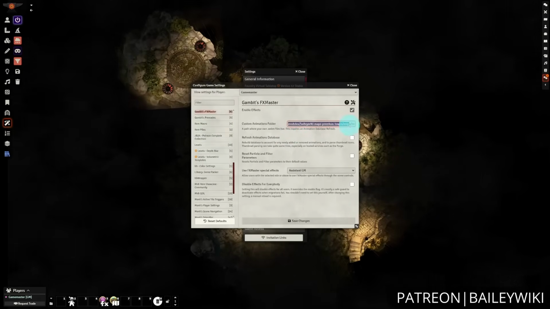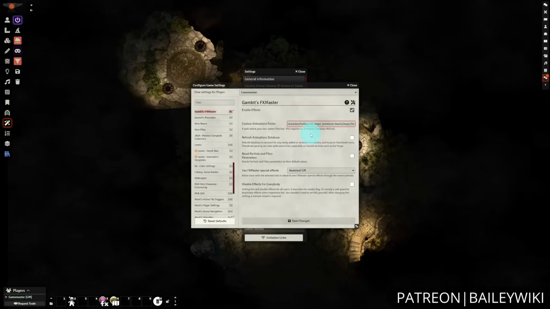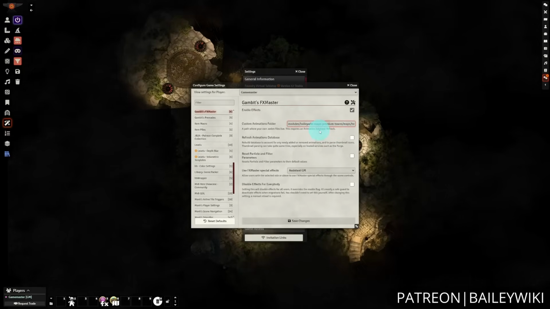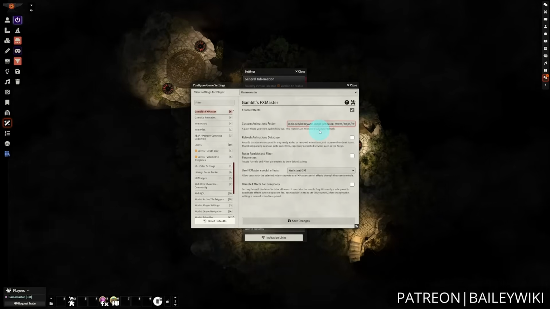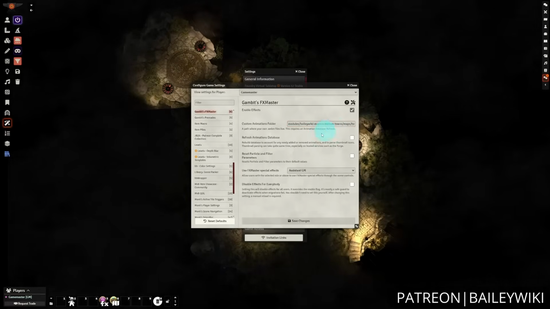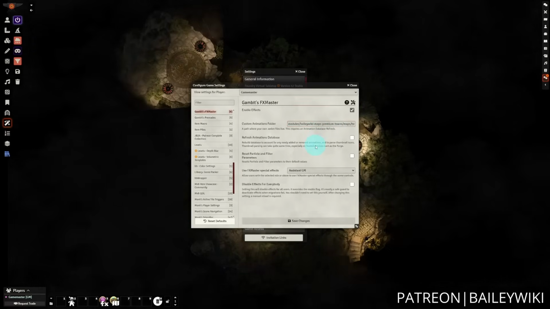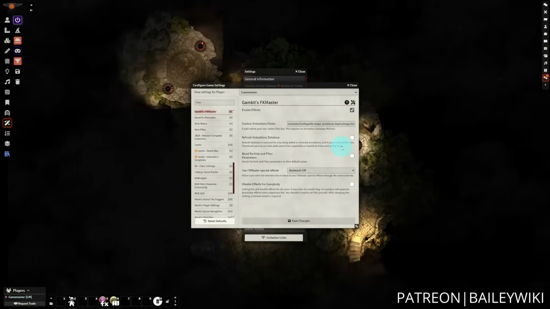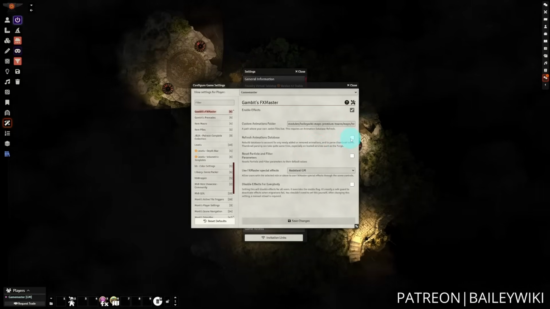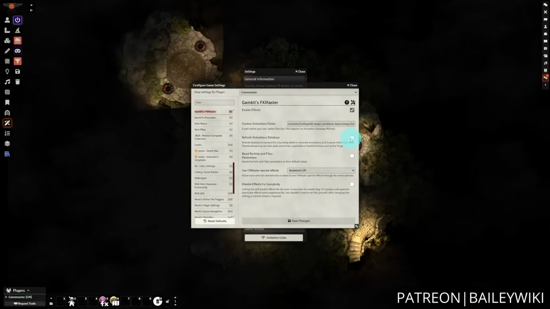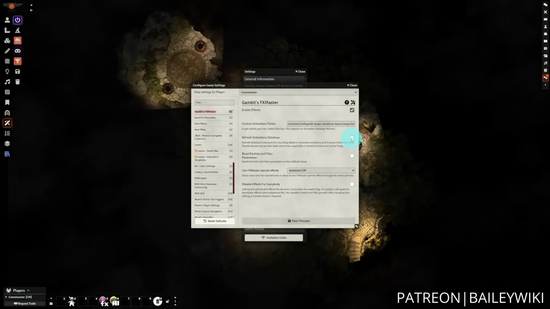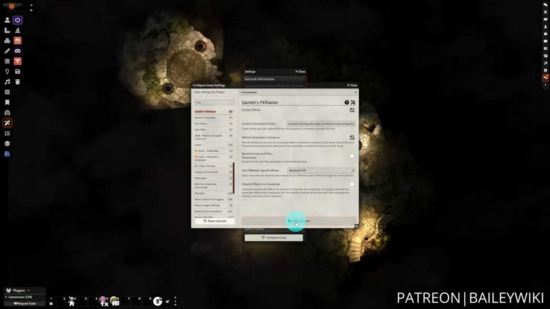Whenever you add a folder here, or if you add things to the folder, for example, if you have, say, a user data, assets, and just animations folder, and you've added things to it, or if you install one of those animation modules that we mentioned earlier, you'll need to refresh the animations database. This also happens the very first time you install FXMaster, and anytime you update it, it will go ahead and redo this as well. But when you have this selected and you hit Save Changes,